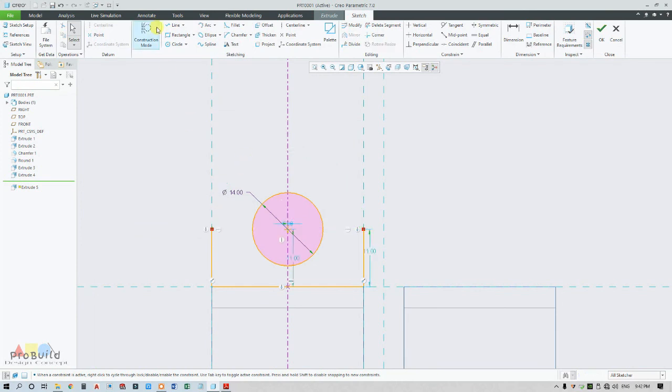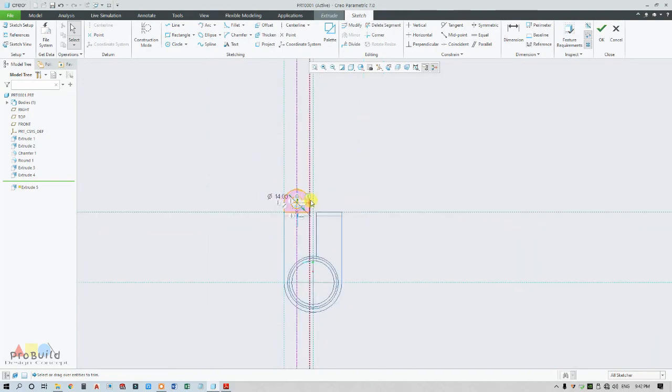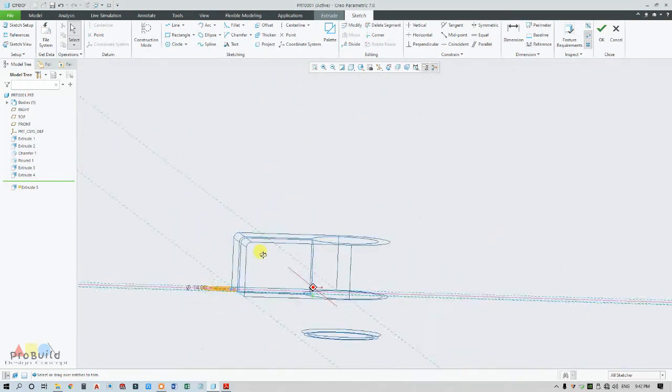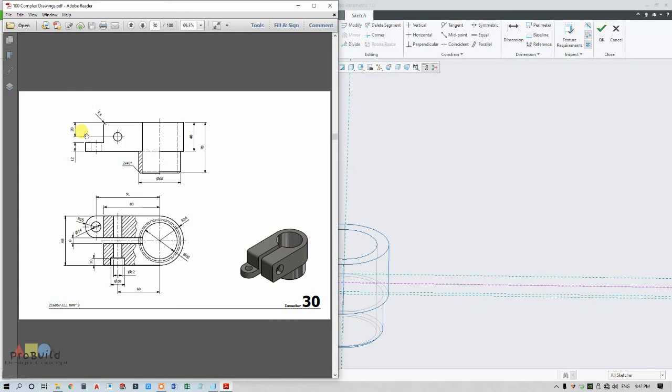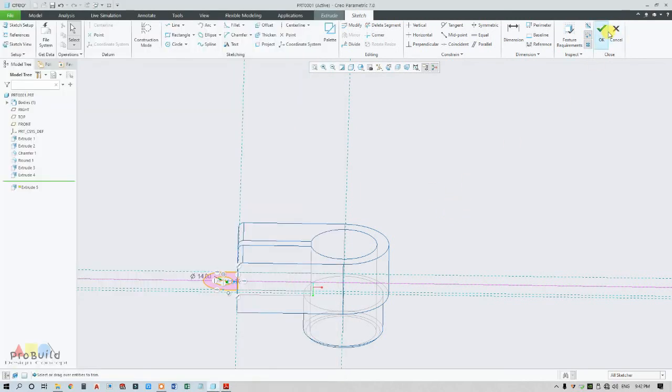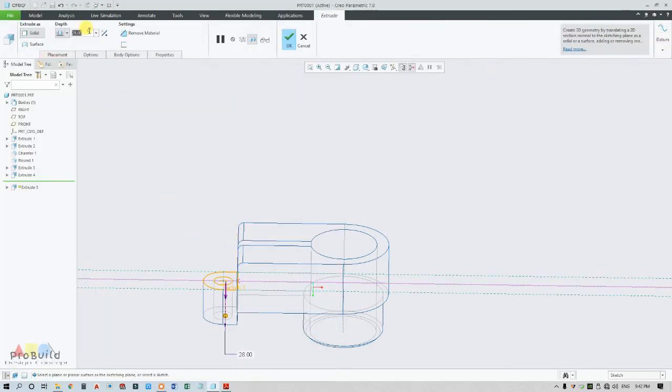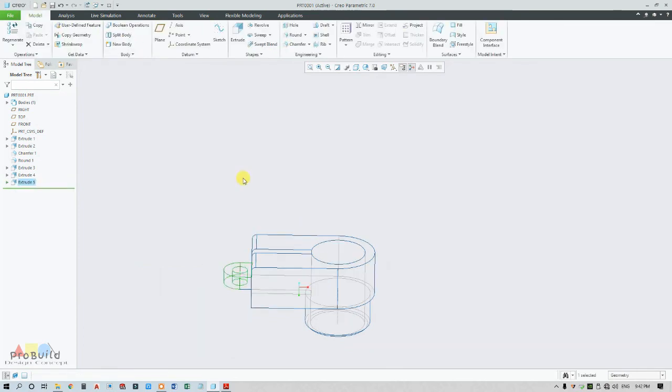It's not aligned actually. It is extruded up to 12. So go for 12, opposite direction, and okay.